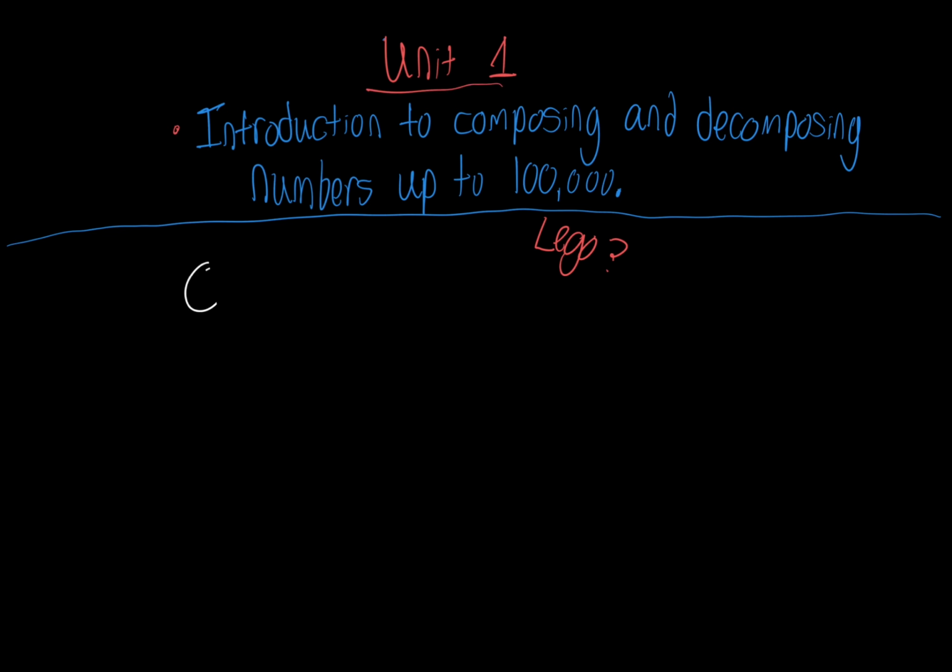to 100,000. So in this lesson, we're going to learn three main things. We have to know a few things before we start our lesson, okay? And the first thing we're going to learn is the vocabulary. So we're going to write vocab here. And the first thing we're going to learn is compose. What is compose? And compose means to put numbers